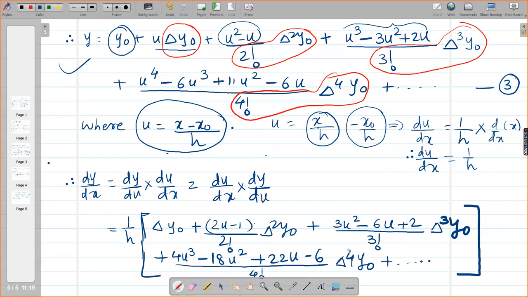But if your data has 7 points, तो कहाँ तक आपके differences मिलेंगे? Up to which order you will have delta? Or what will be the maximum order of delta? It will be 6. So you have to extend this formula up to delta raised to 6. Do you understand it? तो आपको 5th टर्म भी कैलकुलेट करनी होगी, 6th भी करनी होगी. We are doing it in general, so we are just stopping at delta raised to 4. But if your problem requires delta raised to 5, delta raised to 6, you have to consider that. Okay?